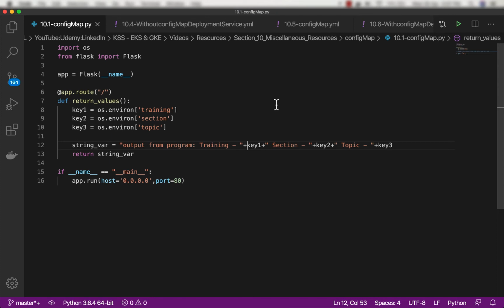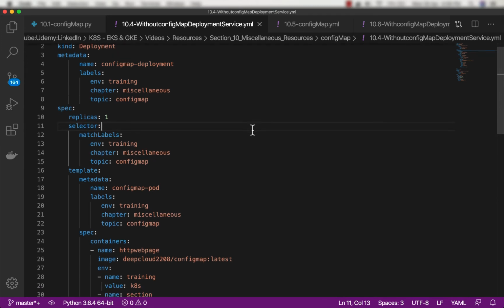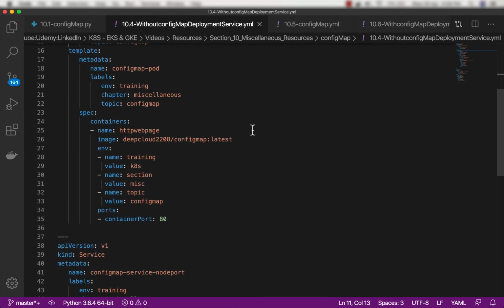Now the question is, I have created this container and I'm running it inside of a pod. Now how do you pass environment variables to pods? And this is how you do it. Now this is the deployment, of course. The replicas is 1, match labels is fine, and in the pod template, as you can see, in the containers I have this block env.